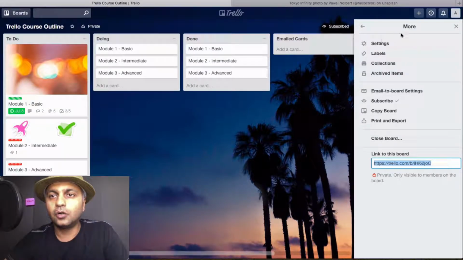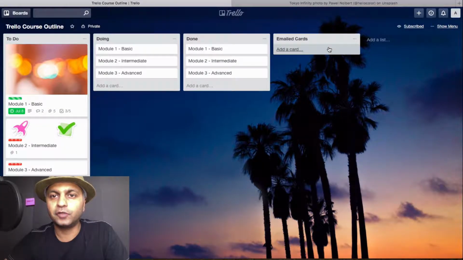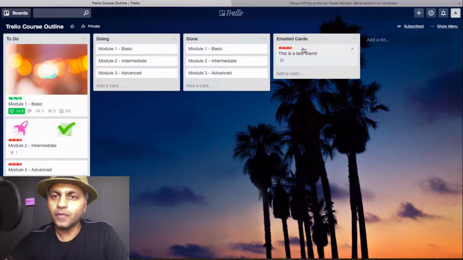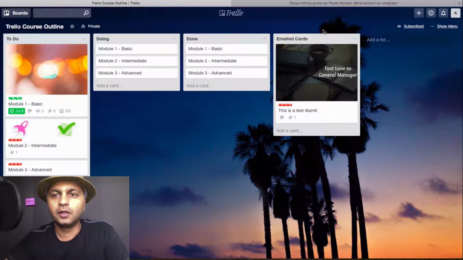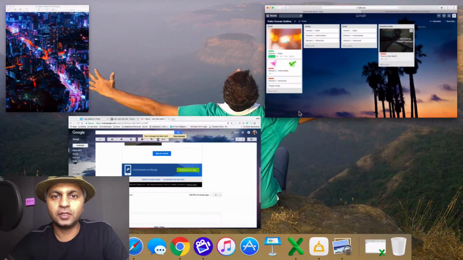So let's go ahead and make a team while we wait for that email to appear. Actually, we don't have to wait for it. So here's that image that I had put in there, which showed up as a card cover image. This is a test at Amit. And because I had put after the test, I had put